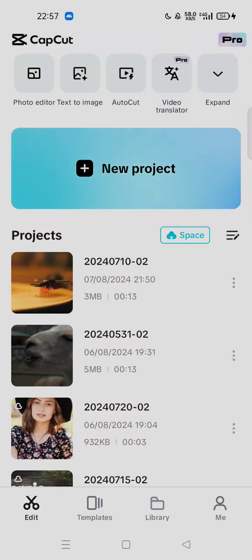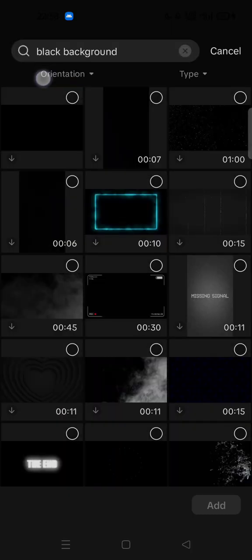Today I'm going to show you how you can create an inverted wipe right animation in CapCut. So all you have to do is open the CapCut mobile version in here, create a new project, and use a black background from the library, add,